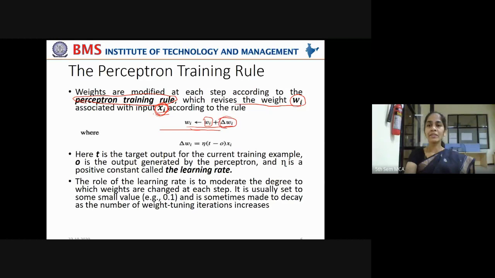That is called delta Wi. Delta represents some change in the variable. Now we are using delta Wi, which means you are trying to make some modification to the existing old value of the weight by adding some extra weight, or by removing some weight if it is a negative value.